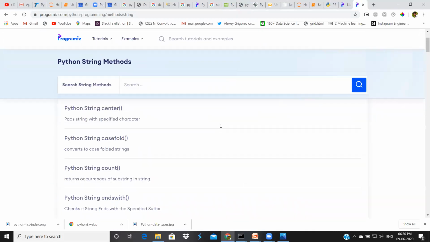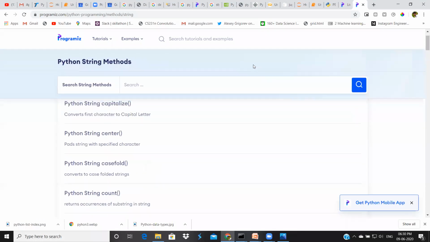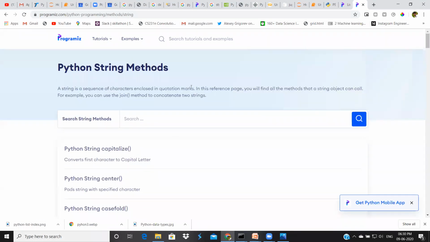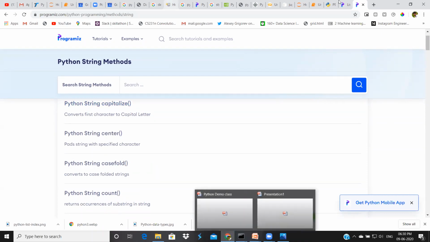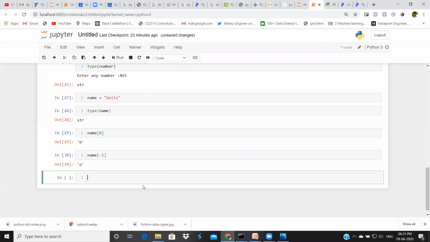We have a lot of inbuilt methods on strings. At least every developer should try these once while learning Python. Suppose we have capitalize here. What will it do, and how do we use this method in our Jupyter notebook? I'll show that.